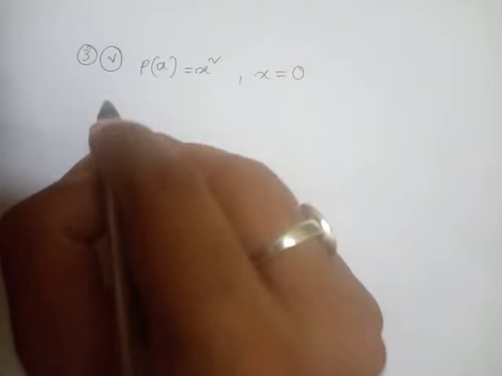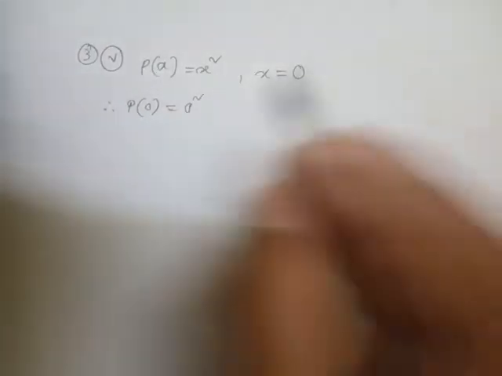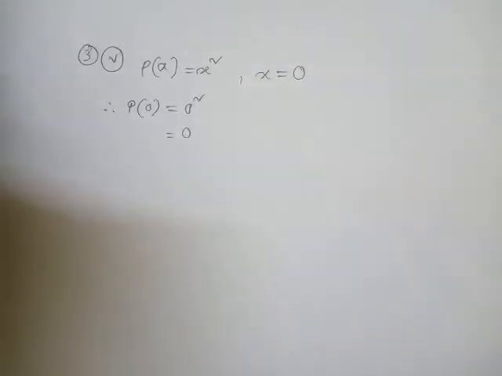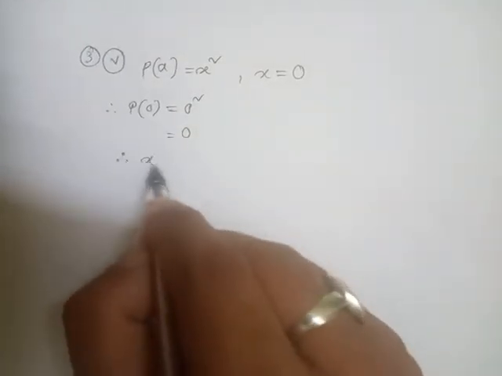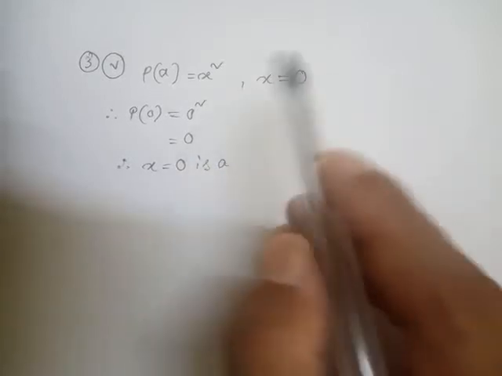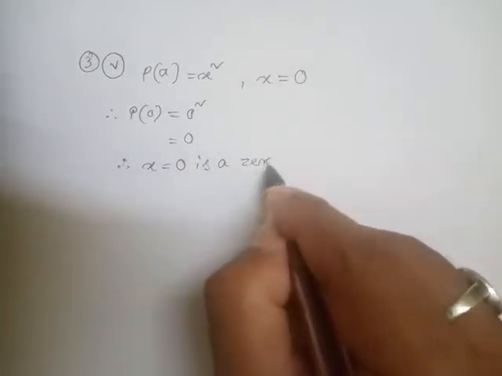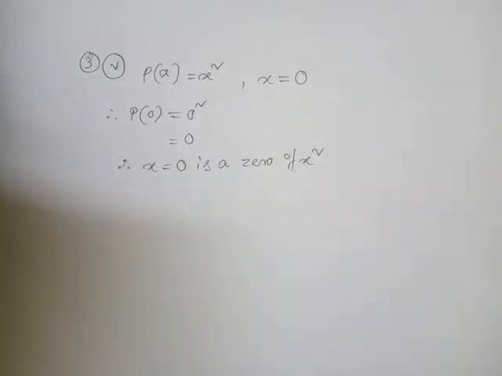Here x equal to 0, so we'll write here that therefore p(0) equal to 0 squared. So 0 squared will be 0 obviously, so we can say that p(0) equal to 0. So we can say that therefore x equal to 0 is a zero of x squared. This is 3 part 5. Now students, 3 part 6,